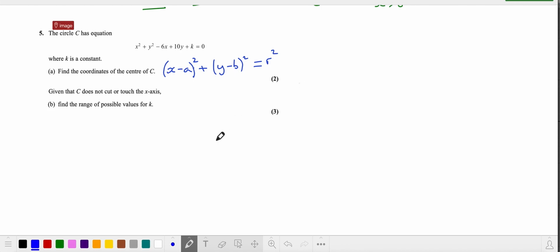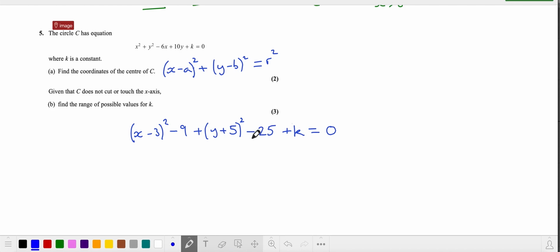So to do that, we've just got to complete the square on each part of this. x squared minus 6x comes from (x minus 3) squared, but we then want to take away the 9 that would come from expanding that bracket, because we don't want that. y squared plus 10y comes from (y plus 5) squared. We don't want the 25 that comes from expanding that, so get rid of that. We do want the plus k,